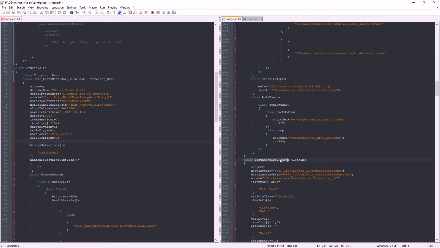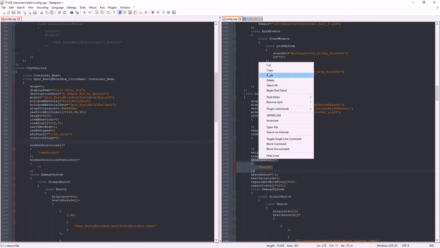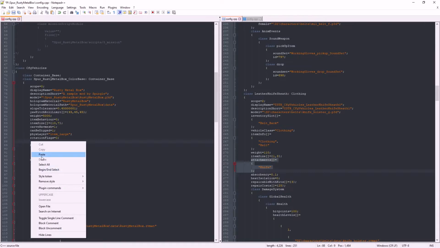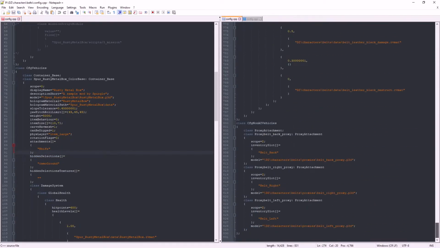So I found the leather knife sheath in belts config.cpp, and in there we have attachments, knife. I'm going to copy that, paste it in there, and go check down at the bottom of this that we have